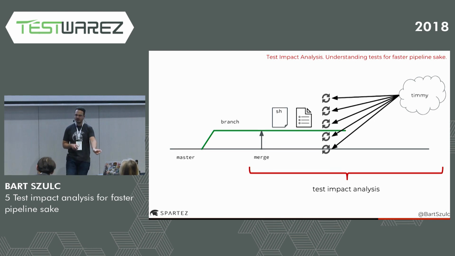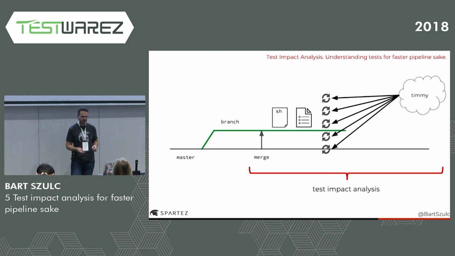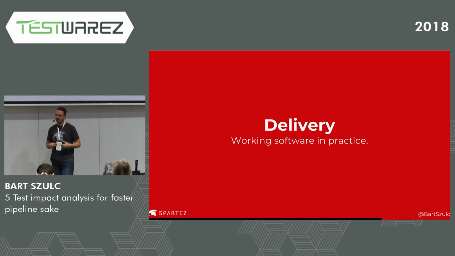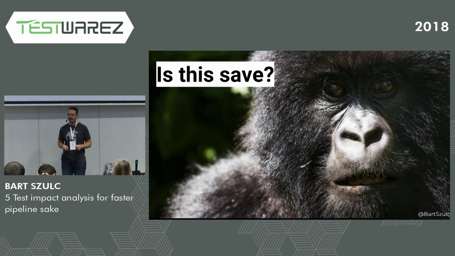So this is the process, the test impact analysis process, right? Finding what changed, querying a database with information of tests to production code, and running only the tests that are relevant for a change. Okay, so once we had a solution, we had to deliver it, and it wasn't that easy,